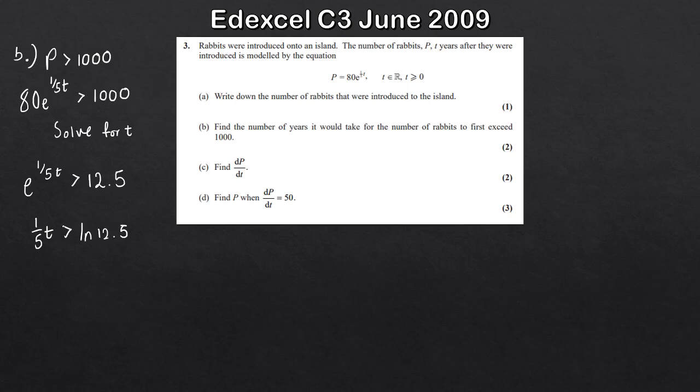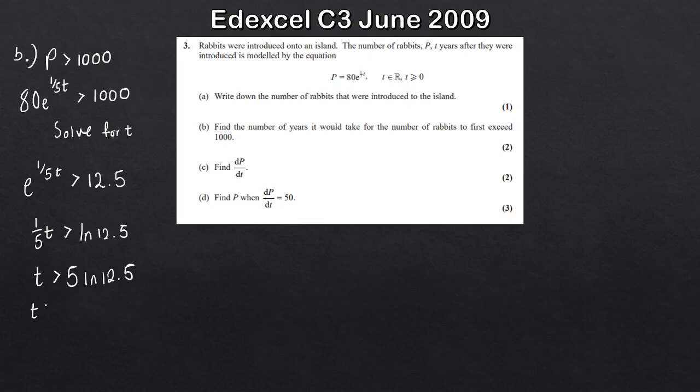So at this stage now, we're nearly done. Remember, we just want the value for t. So this is t over 5. So to get the value for t, I'm just going to times both sides by 5. Okay, so t must be larger than 5 lots of the natural logarithm of 12.5. Okay, if you put this into your calculator,